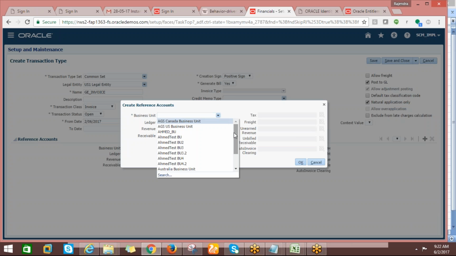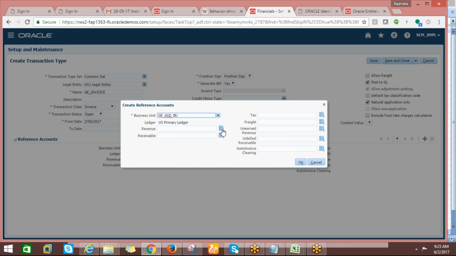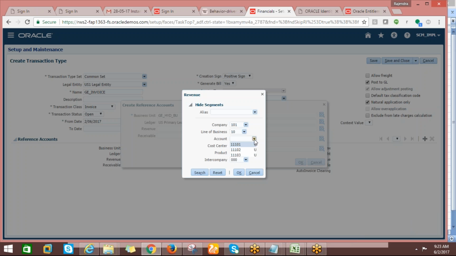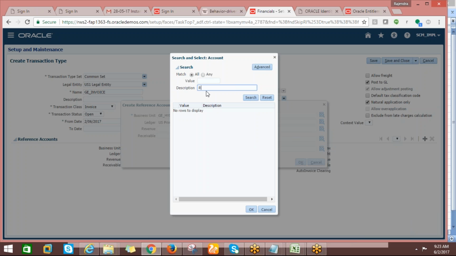So here GEHYD BU. Yeah, got it. Okay, fine. Maybe it is a refreshing kind of thing, I don't know. So got it. Yeah. Maybe querying. So while querying, I have not queried properly. So okay, yeah, search here and